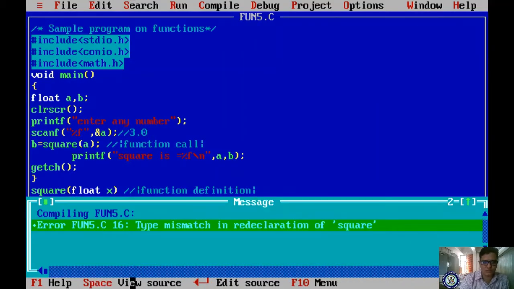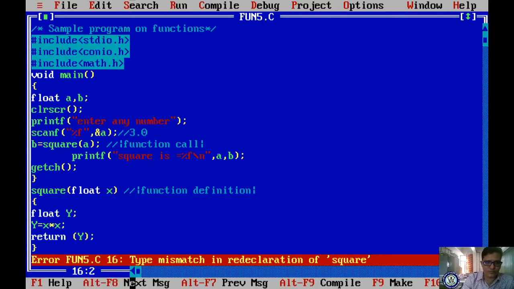One error, type mismatch in declaration of square. Type mismatch, please observe, right? So why is it giving type mismatch?